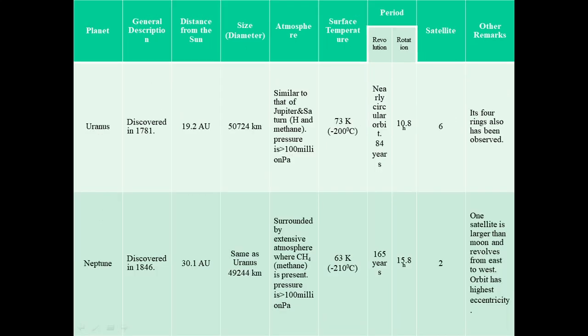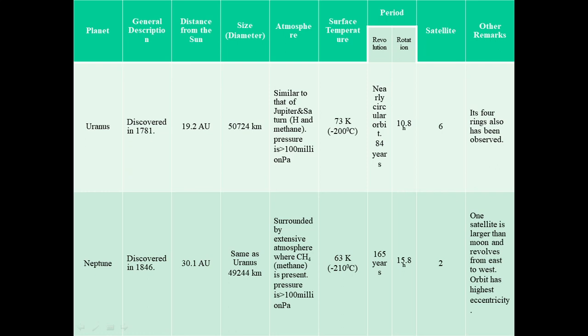Now the next planet is Uranus. It was discovered in 1781. It is surrounded by an atmosphere resembling that of Saturn and Jupiter, and has an atmospheric pressure of 100 million pascals. It is at a distance of 19.2 astronomical units from the Sun, and the diameter is 50,724 kilometers. Its surface temperature is 73 Kelvin,